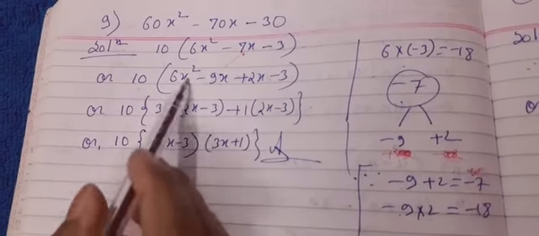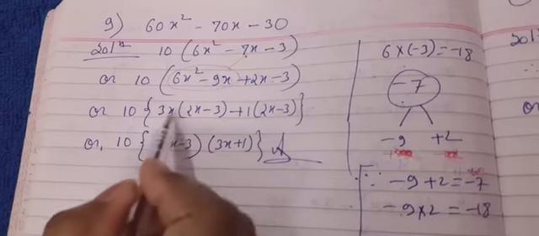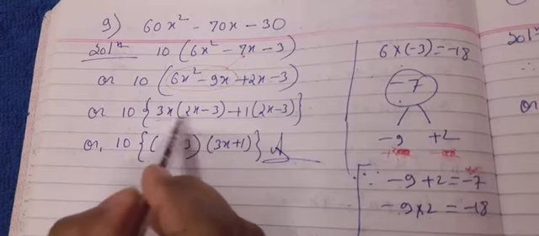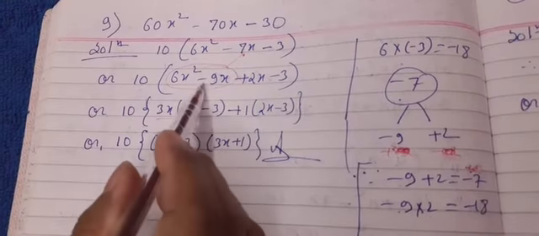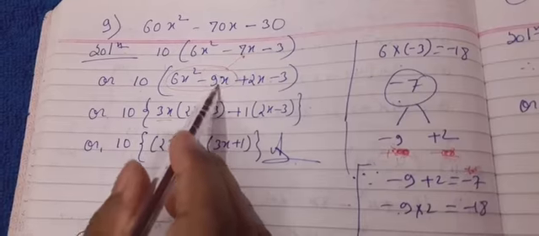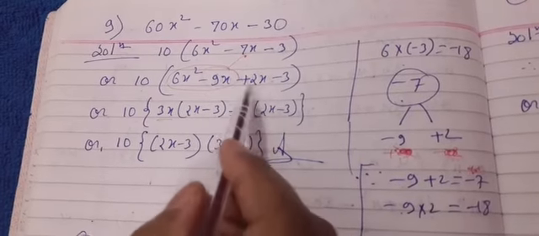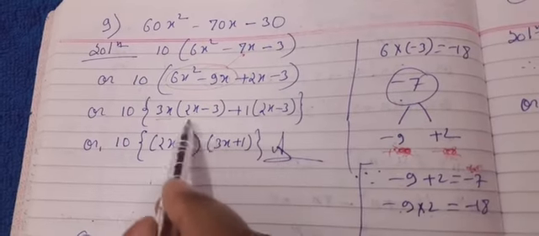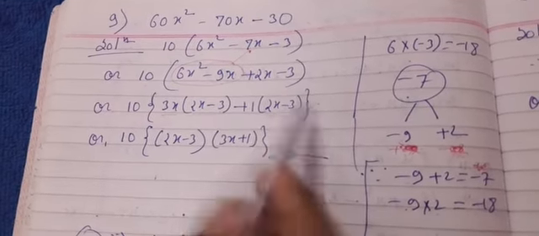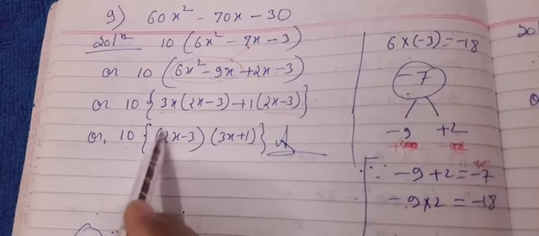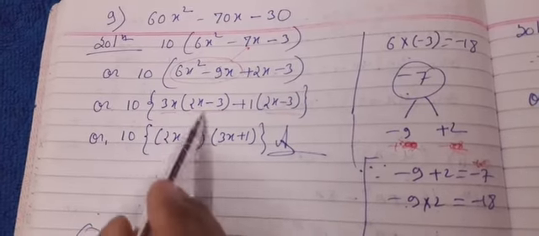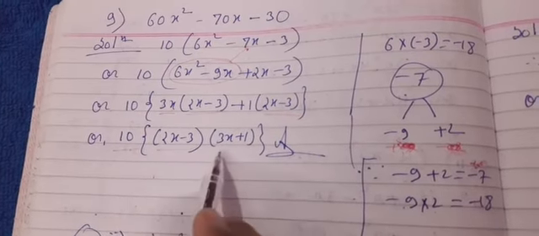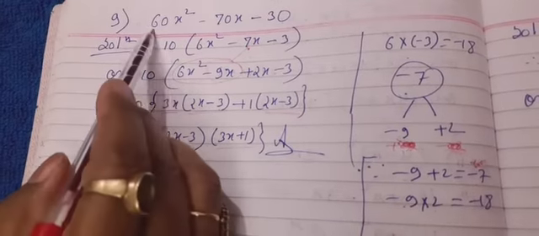Okay, now 10 stays, and from these two terms I have taken 3x as common. Then 3 twos are 6, and x into x is x square. So here is 2x, and from here x is outside, 3 threes are 9, so only 3 is left here. Now from these two terms nothing is common, so I have written 1 as common. So inside the bracket, 2x minus 3. Now both the brackets are the same, so I have taken it common from both the groups. Now 2x minus 3, 10 is at its own place, so inside the bracket 3x plus 1. So we have three factors: 10, 2x minus 3 and 3x plus 1. These are the factors of this algebraic expression.